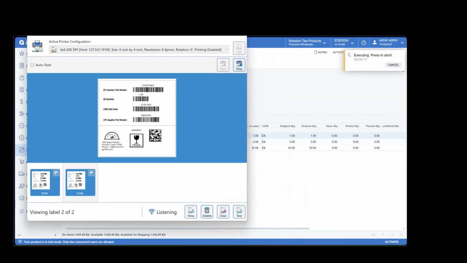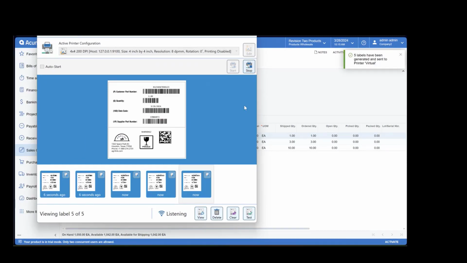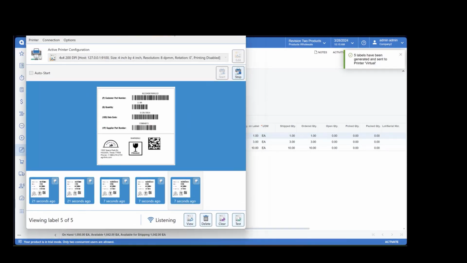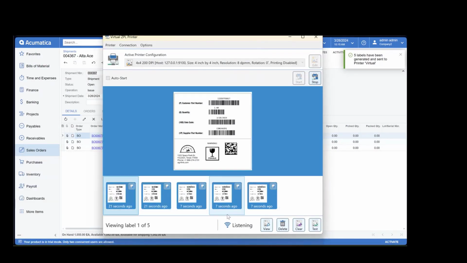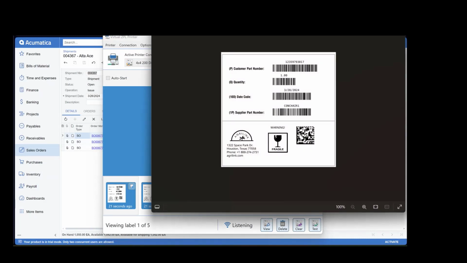Right now, it has printed some labels on a server. It has printed 5 labels: 2 for the chair and 3 for the bottle. If we take a look at the label itself, we can see that we have some fixed values like the part number, quantity, date, code, and the values that we have mapped from Acumatica. Aside from mapping the exact value, we have turned those values into a barcode. As you can see here, we have the barcode for the customer, part number, and the value itself. And then we have also added a data matrix and some images and logos on our label.